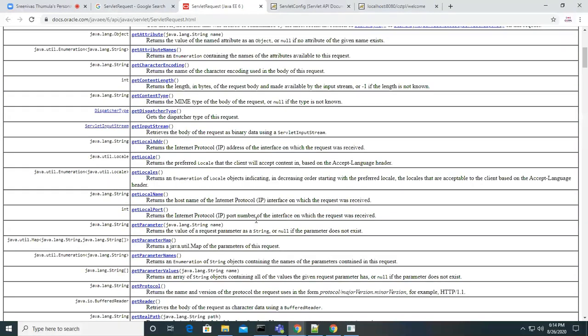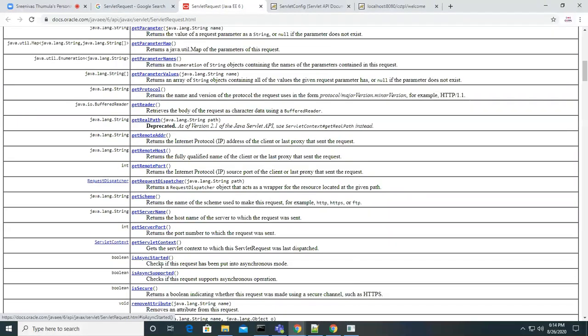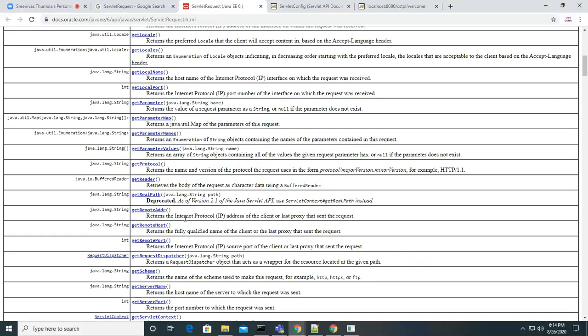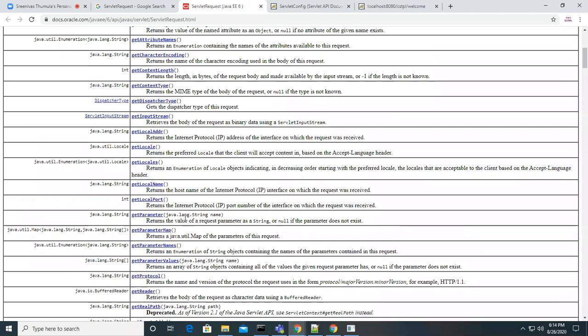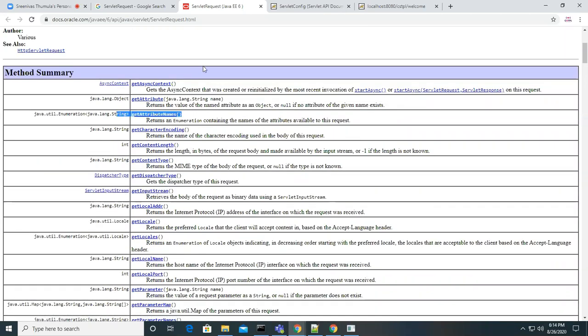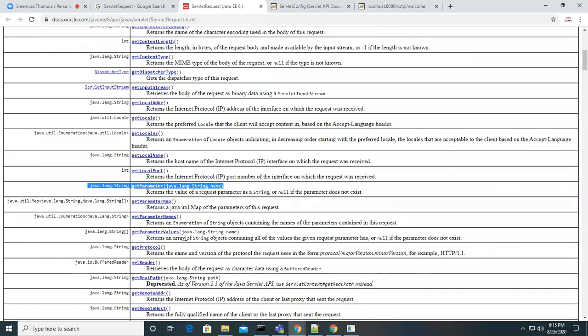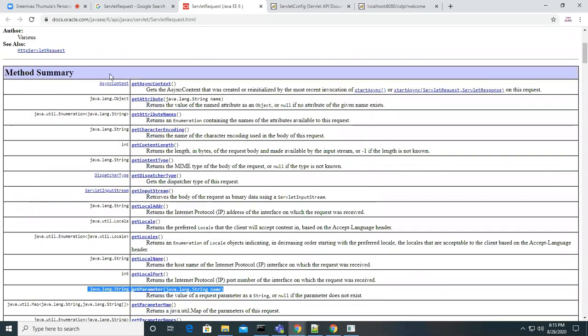There is request.getContentType, getAttributeNames, getAttribute which returns the value of the attribute, dispatcher type, input stream, getLocale, getLocalName, and getParameter. We will use many of these methods here, but mainly we will use getParameter.